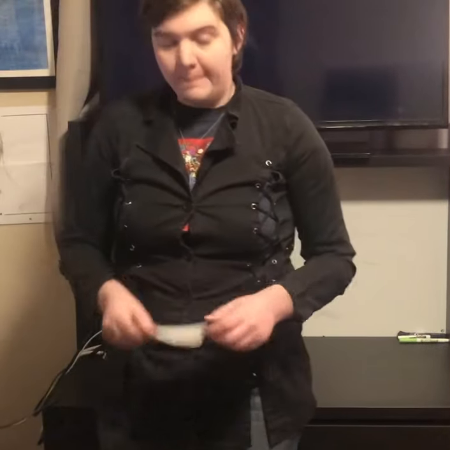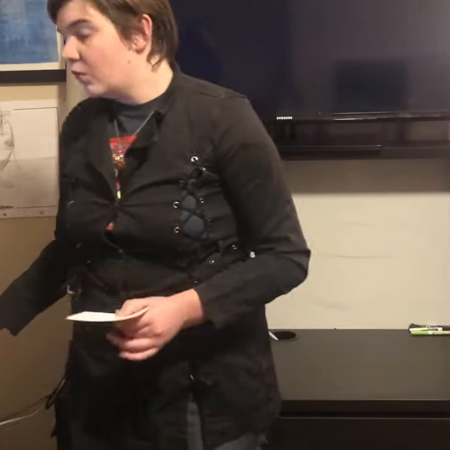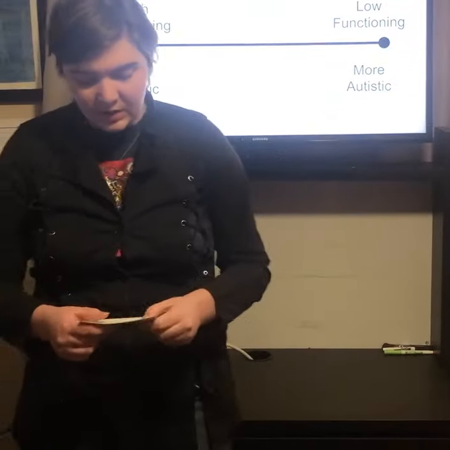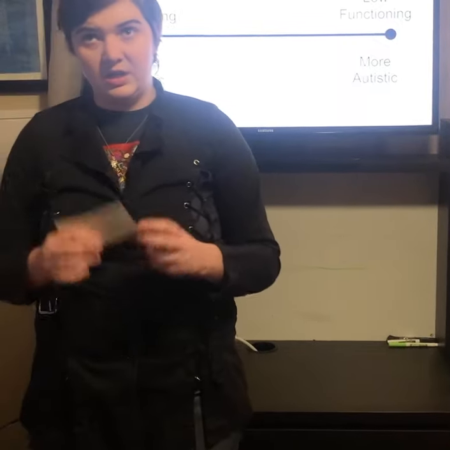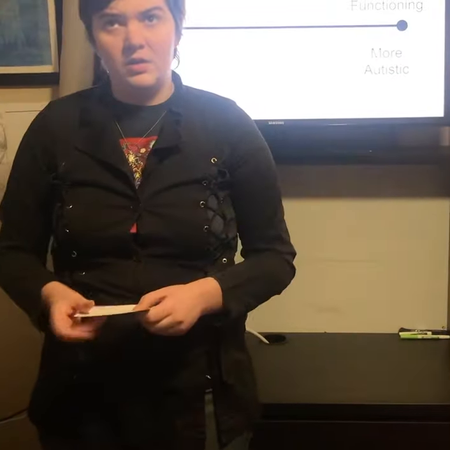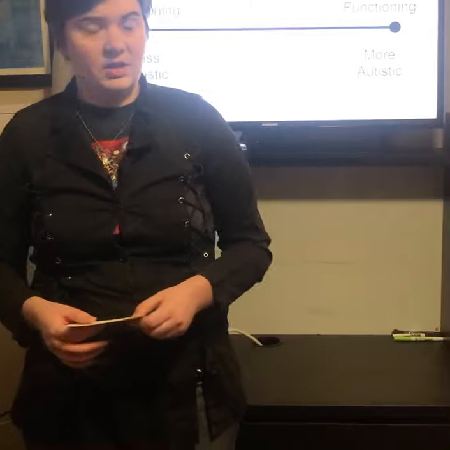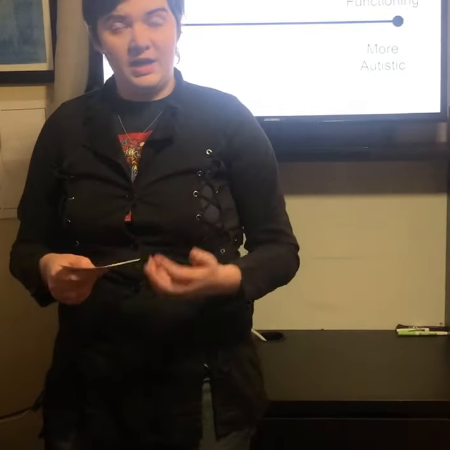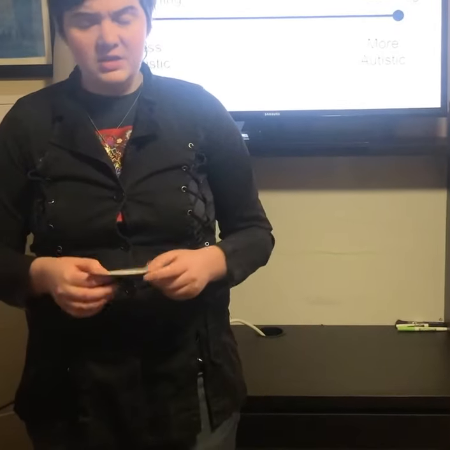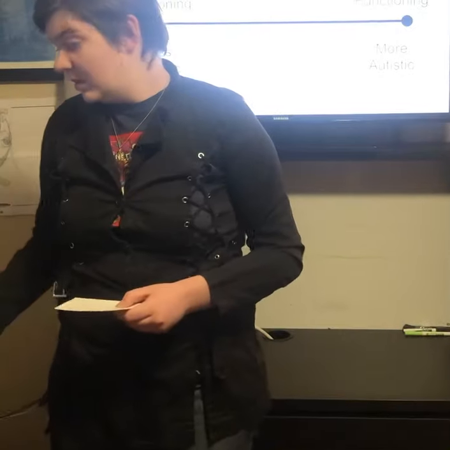Now that we know some symptoms of autism, let's look at why it is considered a spectrum. First, one way to look at a spectrum is using these things called functioning labels, which looks kind of like a number line, where on one end there's high functioning, on the other end is low functioning. When someone is considered high functioning, they seem less autistic or like they have more mild autism, and it doesn't affect them as much. And if someone's seen as low functioning, it could be seen as more autistic with severe autism, and it's more difficult to function. But this way of viewing it can be very harmful because